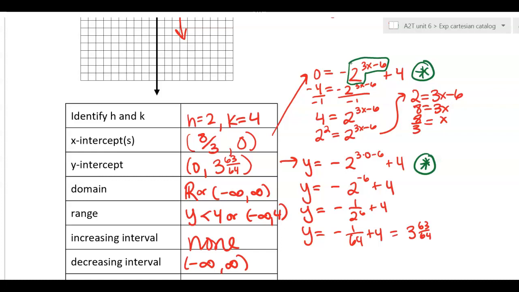So then I had 2 to this power equals 4. We don't really have a way to solve that, except for here we do know 4 as a power of 2. 4 is really the same thing as 2 to the second power. So the only way that 2 to this power is going to equal 4 is if the power here ends up equaling 2. So when I write these like this, when I know that 4 is 2 to the second